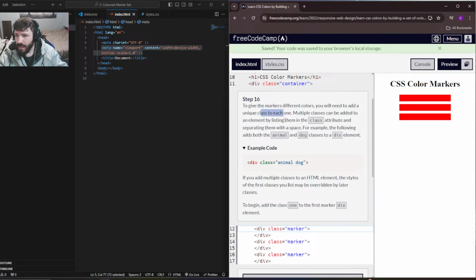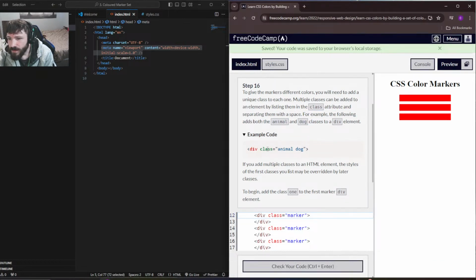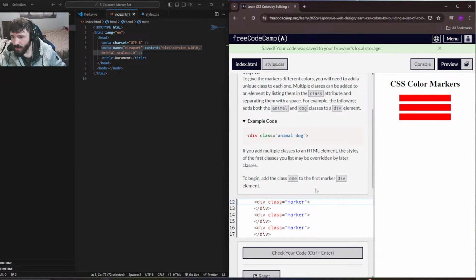Add unique class. Okay, to give markers different colors, you will need to add a unique class to each one. Multiple classes can be added to an element by listing them in the class attribute and separating them with a space. For example, the following adds both the animal and dog classes to a div element. So div class, animal, dog. If you add multiple classes to an HTML element, the styles of the first class you list may be overwritten by later classes. To begin, add the class 1 to the first